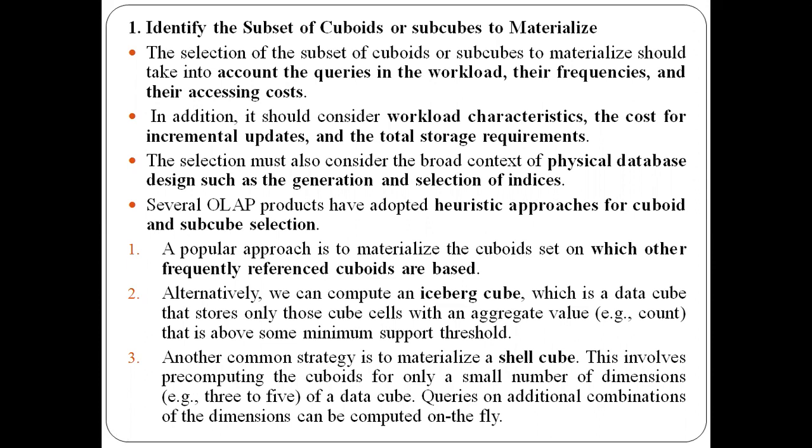If the data cube aggregated values are above this threshold, then such cuboids will be materialized. And the third one is the shell cube. In the case of a shell cube, we pre-compute the cuboids only by considering a small subset of dimensions. So if you have 100 dimensions, you'll choose only 3 to 5 dimensions for materialization. That is called a shell cube. So this is the first parameter.